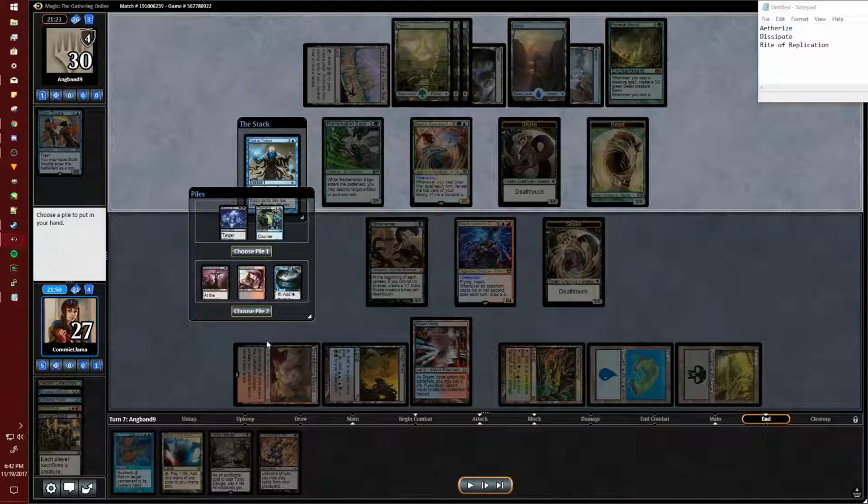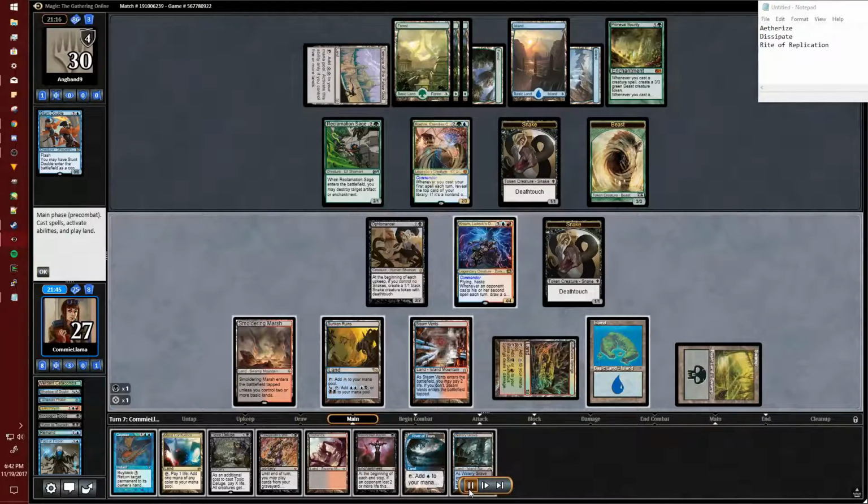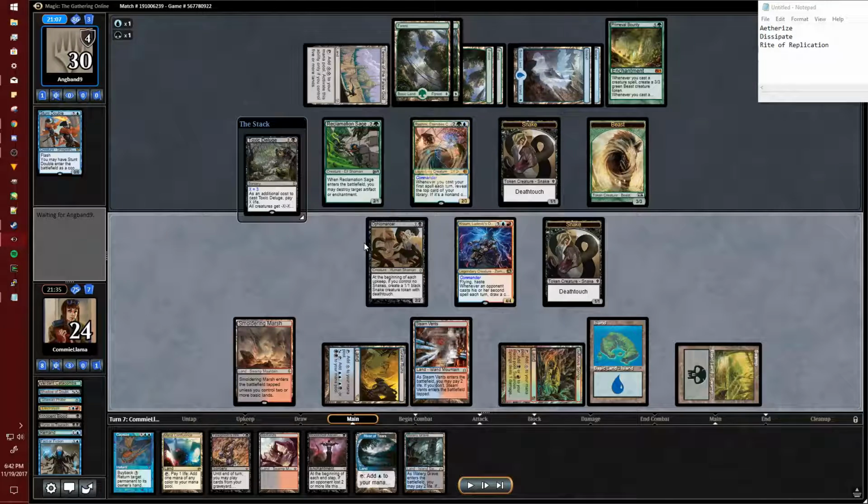Also worth noting, I'm fully planning to Deluge next turn, so we'll see where that goes. So I'm going to take a land, so I'm going to Toxic Deluge here, and in response my opponent makes a very good play, which is that